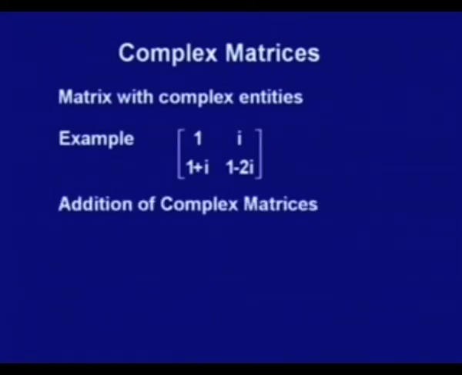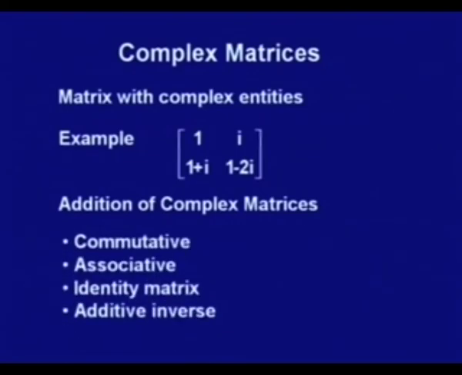Now, we have established a number of results for real matrices. Similar results can be obtained for complex matrices. We can add two complex matrices, and one can prove on the same lines that addition of complex matrices is commutative, and the proof is not difficult because real numbers are commutative. So, every element of a real matrix is commutative. Same thing happens with complex matrices, since complex numbers are commutative in nature, and so are the complex matrices.